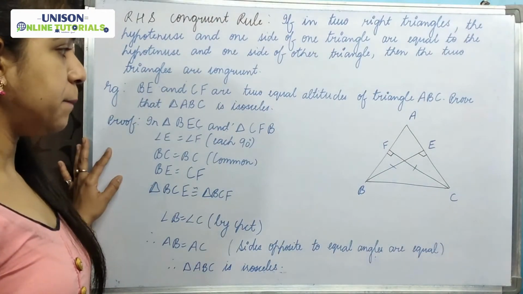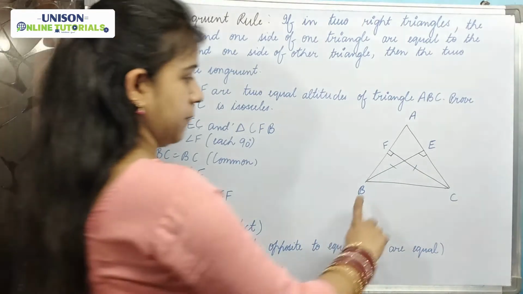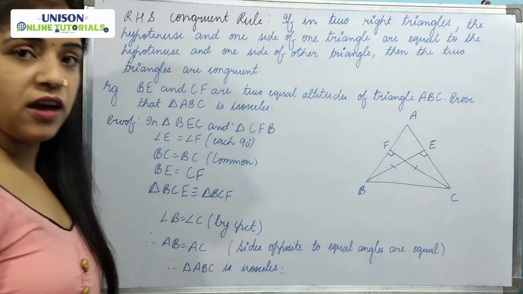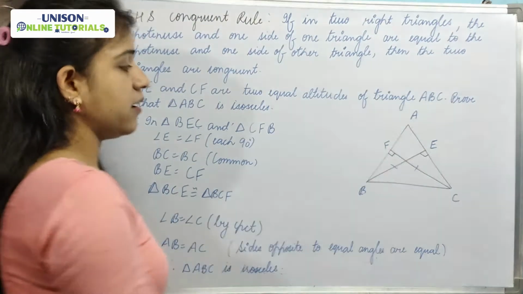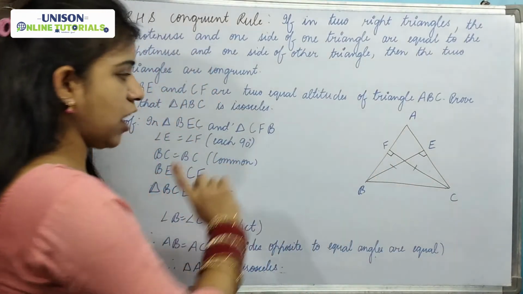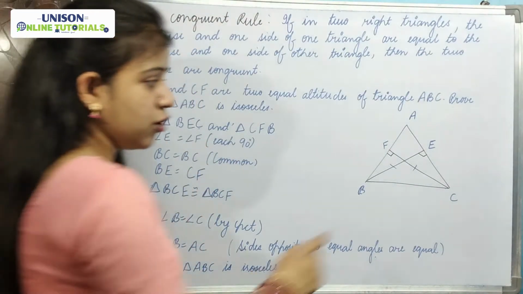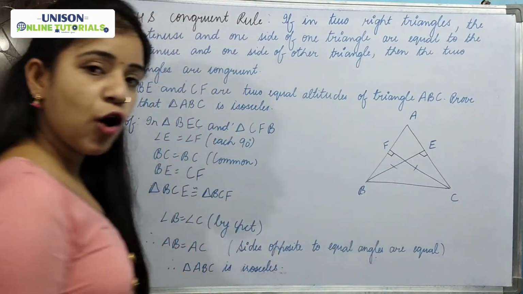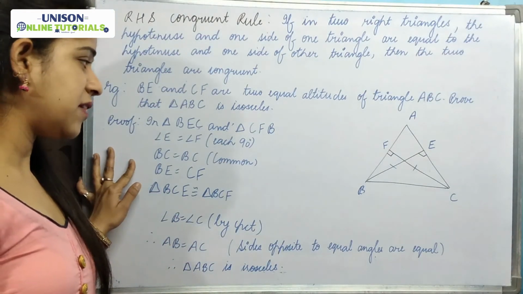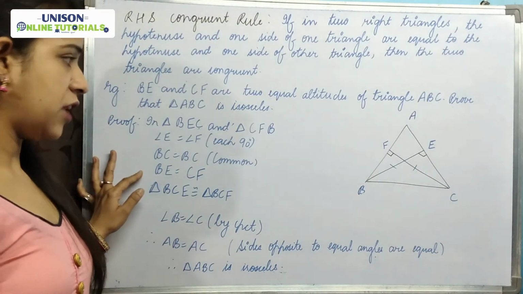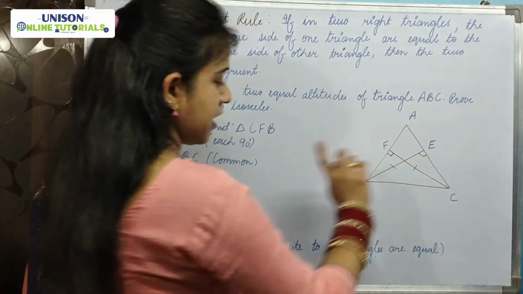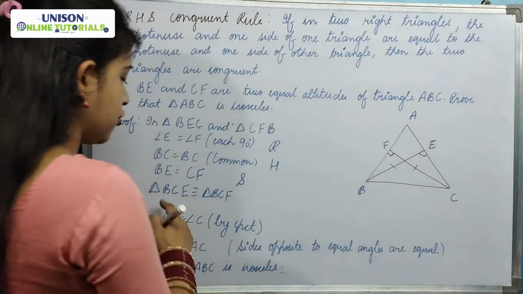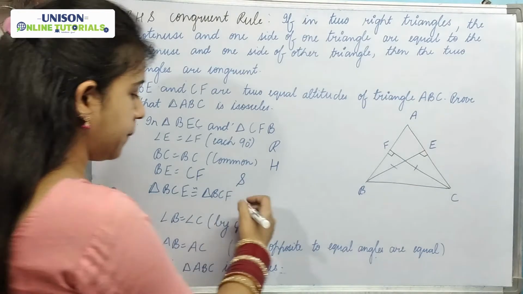So we have taken triangle BEC and triangle CFB. In both these triangles, first of all, right angle, angle E equals angle F, each 90 degrees. Then we need the hypotenuse. In triangle BCE and triangle CFB, BC is common, that is the hypotenuse. So BC equals BC, common hypotenuse. Next one, BE equals CF, this is given to us. So right angle, hypotenuse and side. So triangle BCE is congruent to triangle CFB by